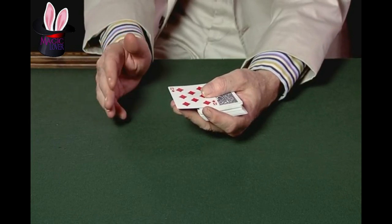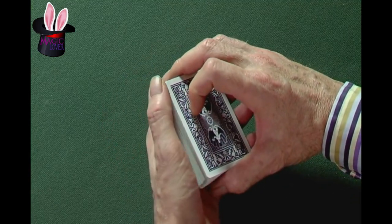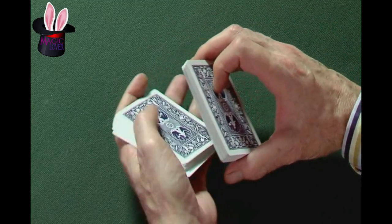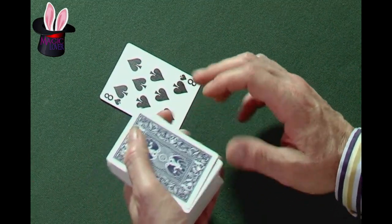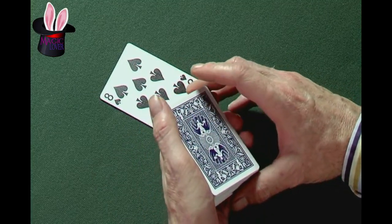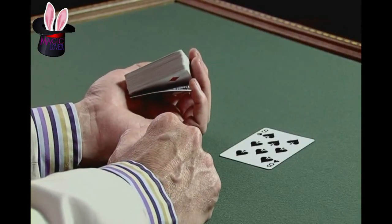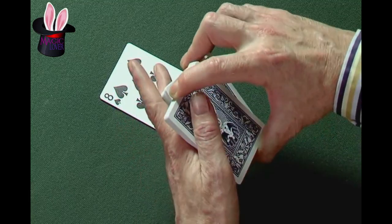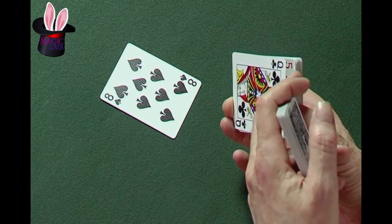This is a beautifully subtle little control. Let me show you what it is. So we can have a card chosen this way or riffle down to it. It really doesn't matter. So here's their card, the 8 of spades in this case. Wow, I have a penchant for picking partners. At this point, we take a break on the bottom card of the deck. I swing cut the top half of the deck into my left hand, so I have the break right here